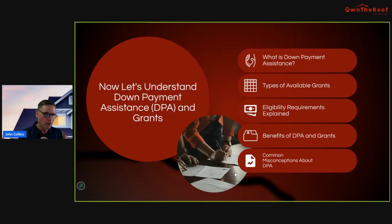Okay. And then there are grants. Ideally, we always want to tap into grants first. That's free money. You get to keep it. So for me, I always want to go for the grants first. And then if we can stack some down payment assistance programs on top of it, like we did with Emily and like we did with Kenneth and a couple of other people, we'll do it. Okay. So grants, free money. Down payment assistance typically has some type of